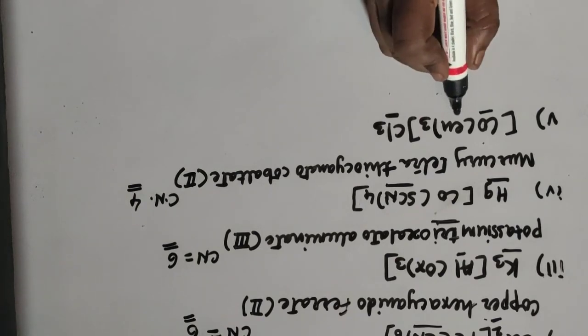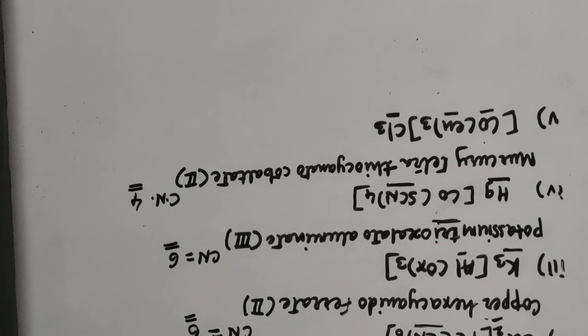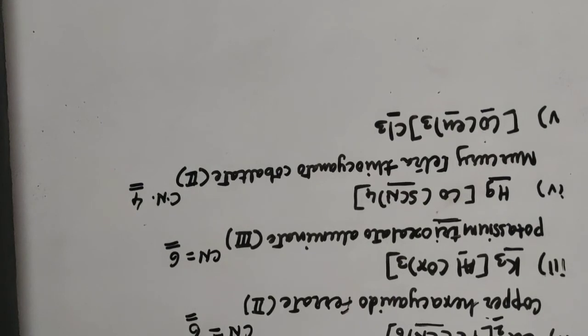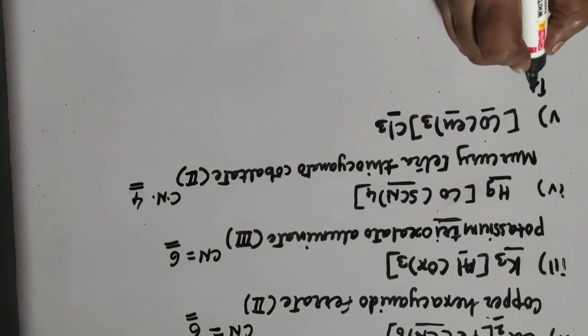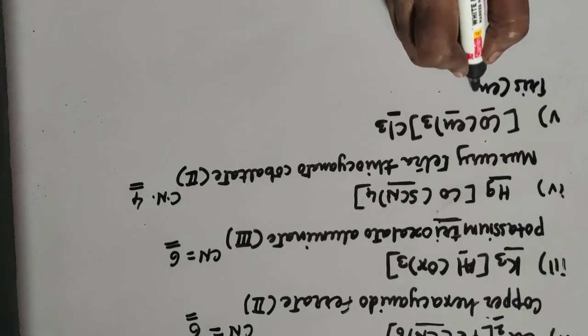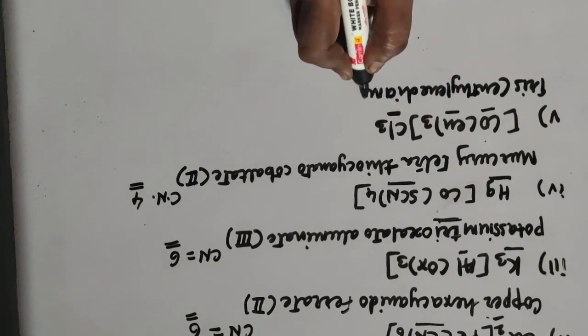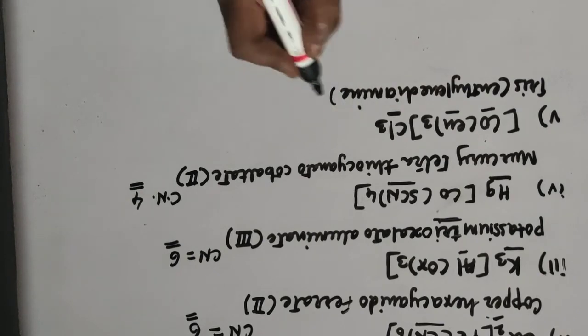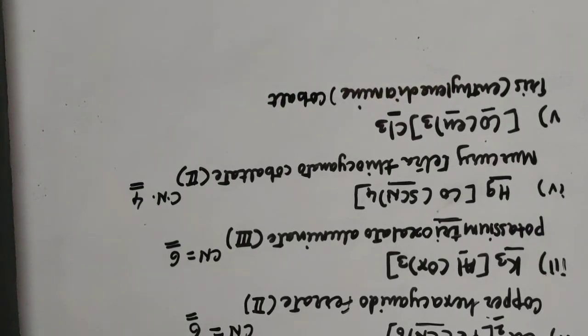So first we'll write the name of this en. What is the name of this? Ethylene diamine. In its name already one number is present, and here you are supposed to use the prefix bis, tris or tetrakis to indicate the number of that particular ligand. So in this case 3 en groups are there, so it is tris(ethylenediamine), then cobalt, name as it is, as it is a positively charged complex.